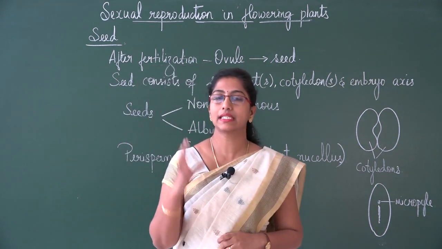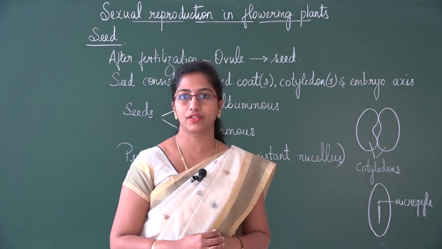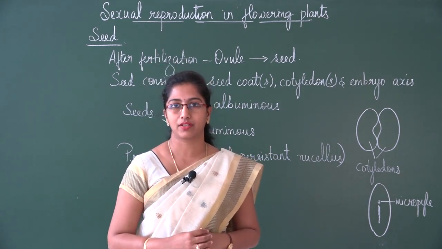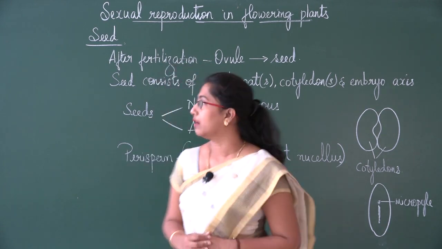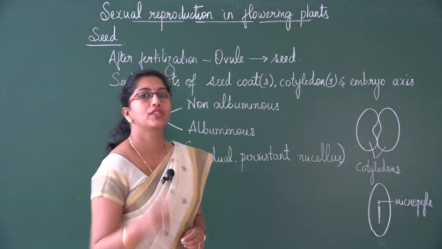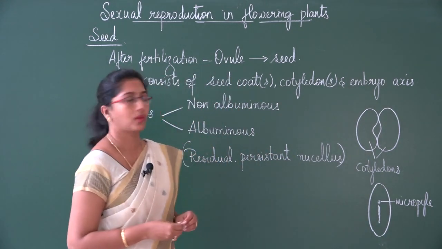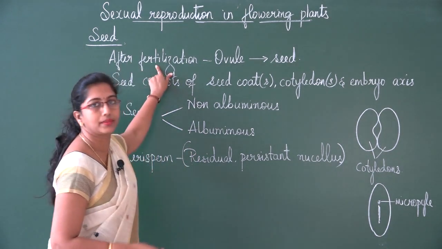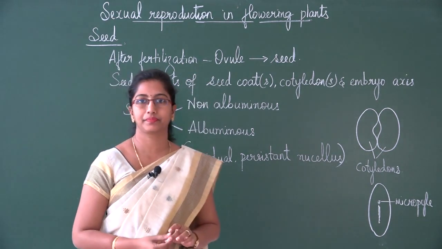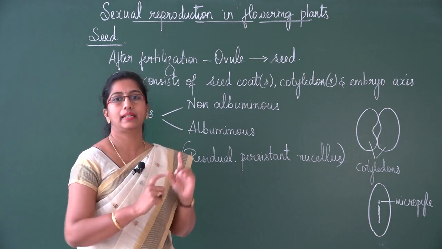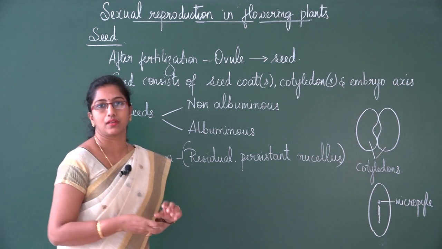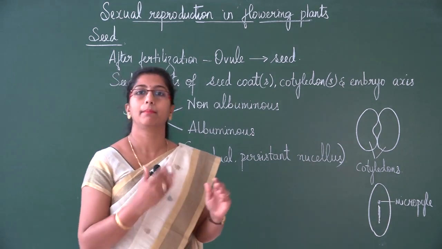So seed, when we say seed, you know that it is a product of sexual reproduction, and it's the final product of sexual reproduction. Now when we use the word seed, you know which part has developed into seed. You know that after fertilization it is the ovule which is developing into seed. So ovule develops into seed, and when we study the structure of each seed, we see mainly